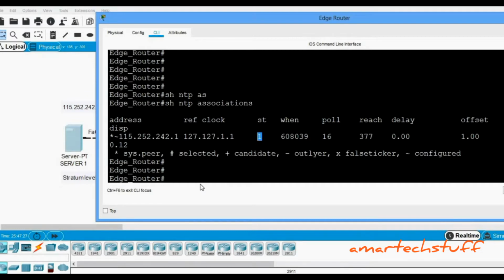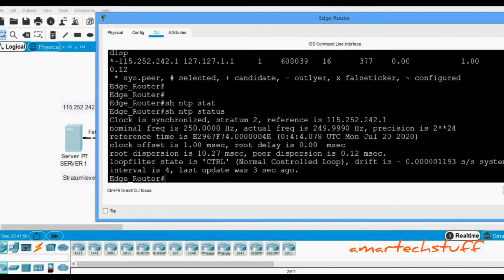The stratum level of 1 is understood to be the most perfect, or absolute, stratum level. So this particular server has stratum level 1. You can see that this router will have a stratum level of 2 because it is referring to this particular server. We can check the stratum level with show ntp status. If you check, see, the clock is synchronized, the stratum is 2, and the reference is this one, so this clock is getting synchronized.